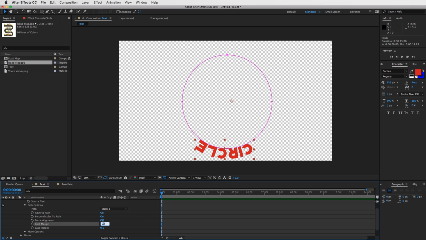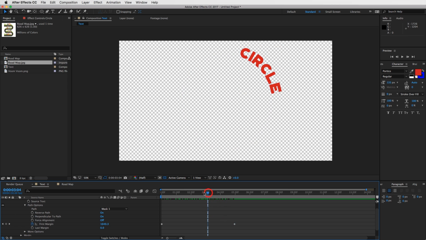So I can start it over here at 0 and keyframe it and bring it out 5 seconds and bring it all the way around the circle. Okay, and maybe if you want this to go around a few times, just keep dragging this out, and that's what you have. And then you could create some pretty cool text effects with this, maybe putting something in the middle and moving stuff around. So that's the basic how you move text around a path or a